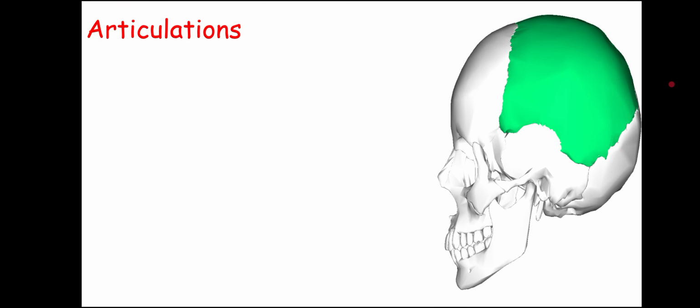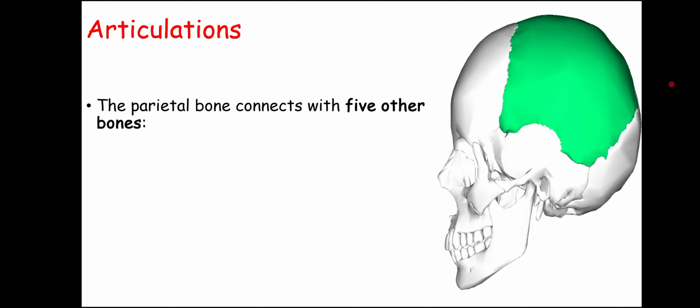Now let's talk about the articulations of the parietal bone. The parietal bone connects with 5 other bones. So every parietal bone, as there are 2 parietal bones in every skull, connects with the